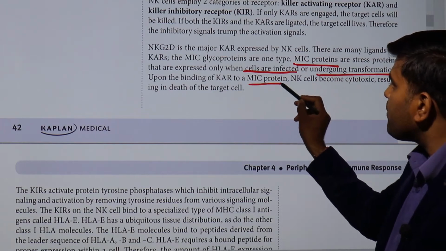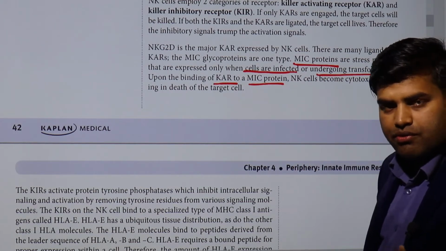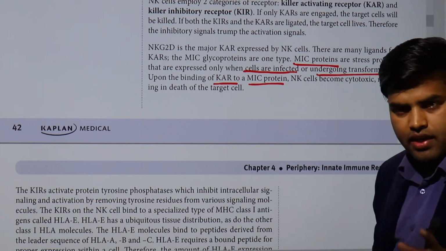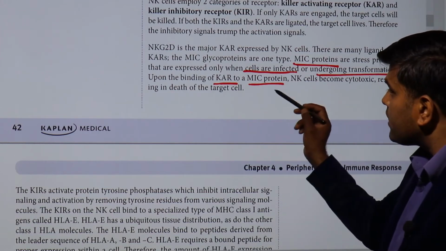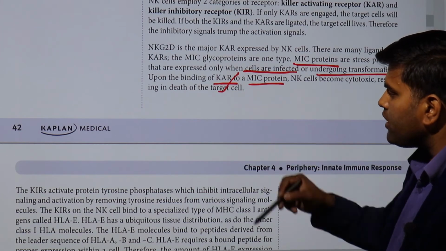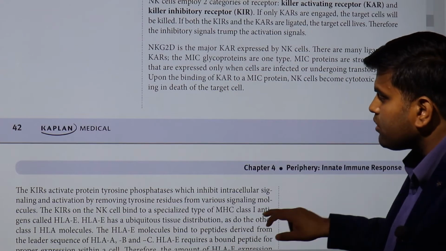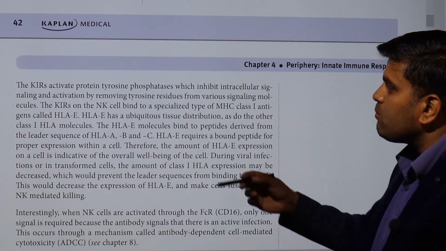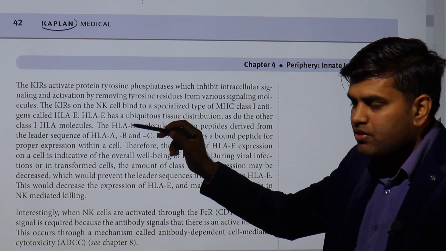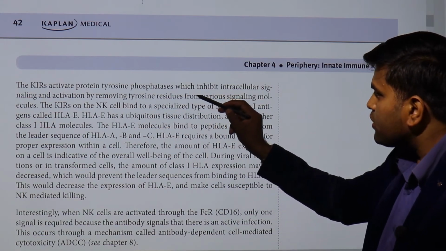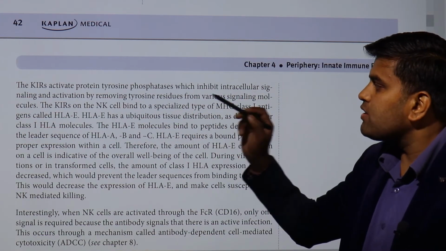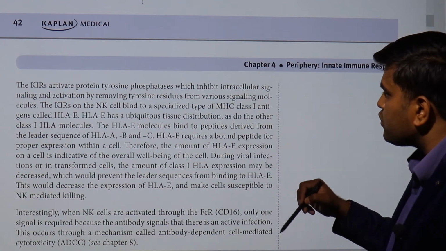This MIC protein will bind to this killer activating receptor of the NK cell, and your cell will be killed if it is only binding to this killer activating receptor. If they are binding to the killer inhibitory receptor, they will not be killed. Why? Because the killer inhibitory receptor activates protein kinase phosphatase, which inhibits the intracellular signaling activation by removing the tyrosine residues